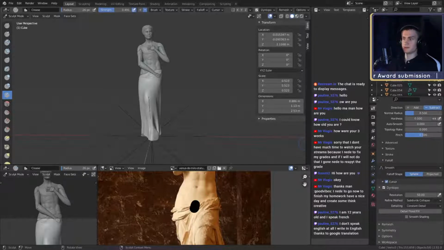Okay, now we have a backside view. We need one more probably, because we can only see one side of her. I would like to have another perspective. This one looks pretty good. We can probably take that, yeah. Oh, that's even better. Perfect. Okay, let me close those windows and we go in here into my references.